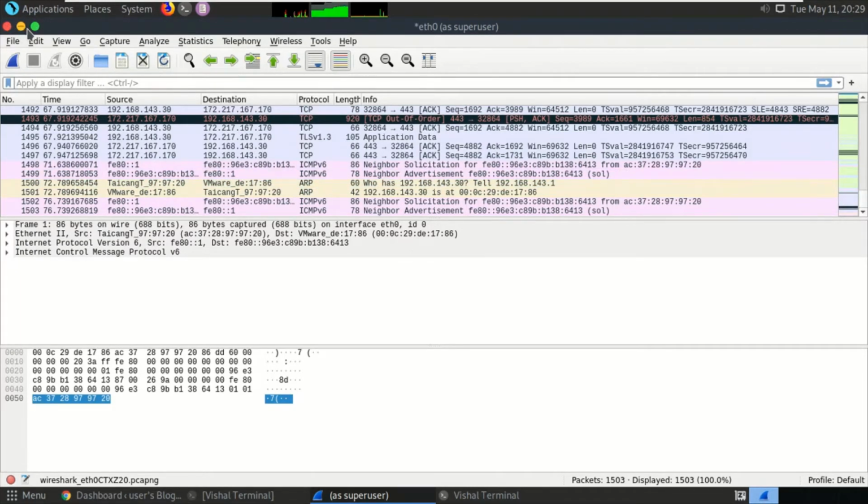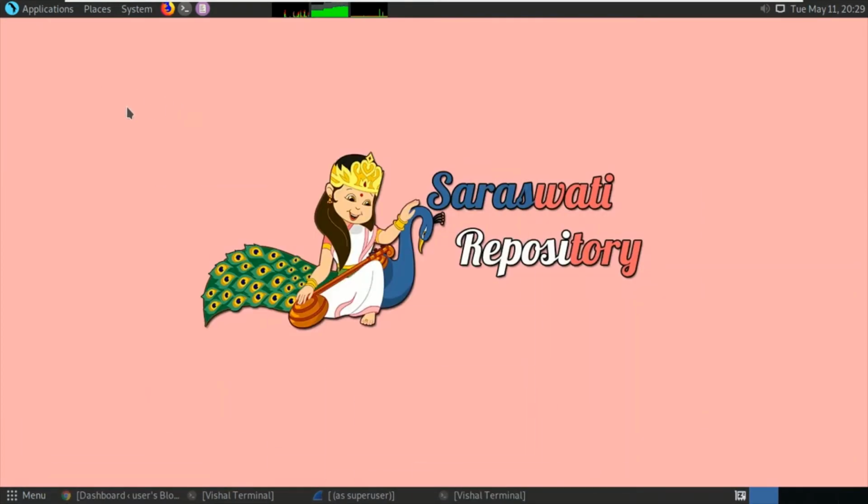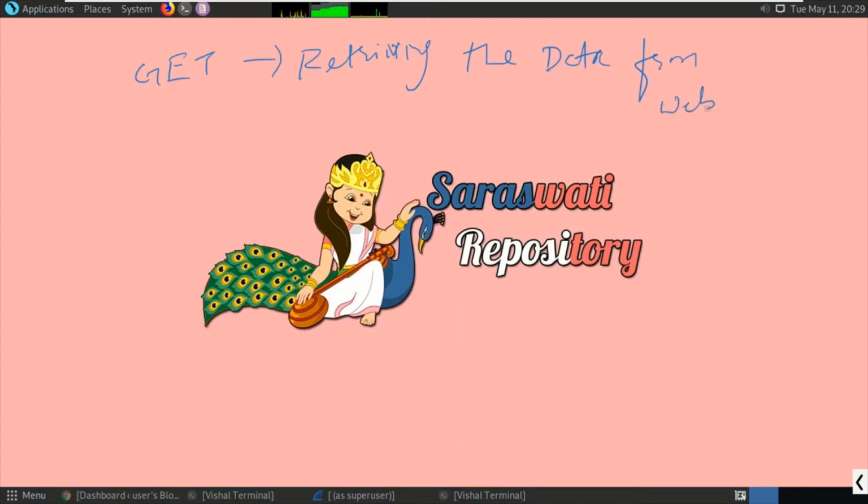Let me show you. There are methods like HTTP GET. It is used for retrieving the data from the web server,